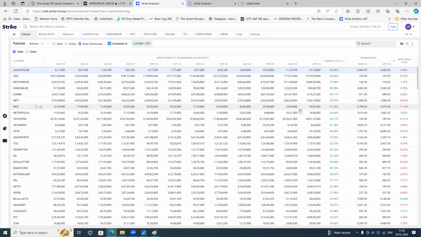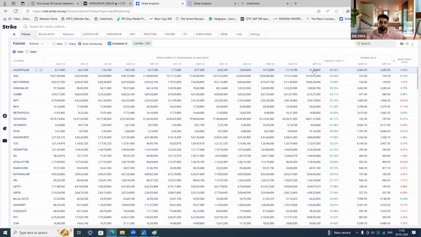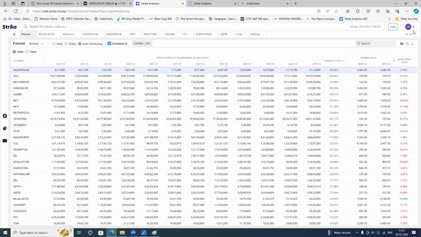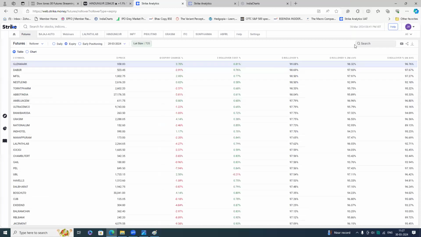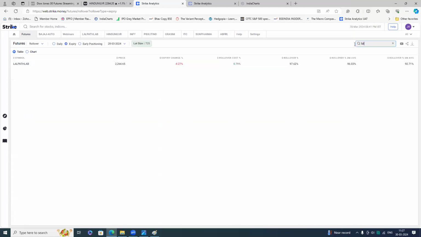ये जो आपका मंथ ऑन मंथ के अंदर में, जैसे डॉक्टर लाल पैथलैब्स का 89% शो कर रहा है, तो मार्च में 11 लाख के करीब था तो वो 21 लाख हो गया, करेक्ट। इसी वास्ते वो 89% शो कर रहा है। लेकिन जब ये जो दूसरी स्क्रीन है, जिसमें 3 मंथ एवरेज 97%, 98% दिखाता है, एक्सपायरी वाली स्क्रीन के अंदर में, तो इसमें इसका क्या डिफरेंस है, ये बता पाएंगे? मेरे को रोल ओवर का इतना पता नहीं है।